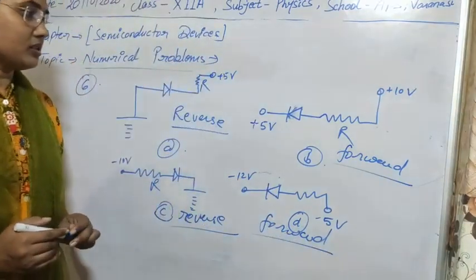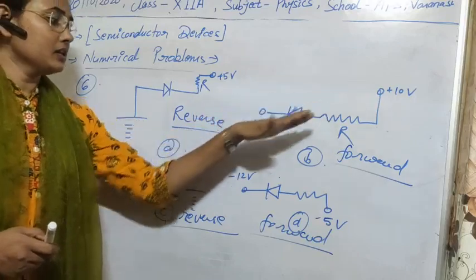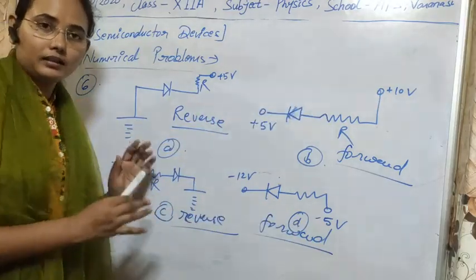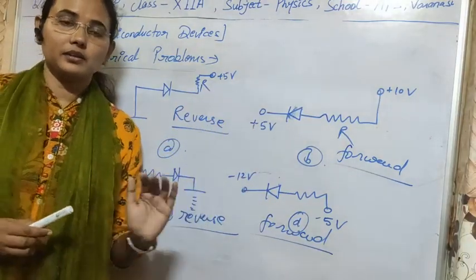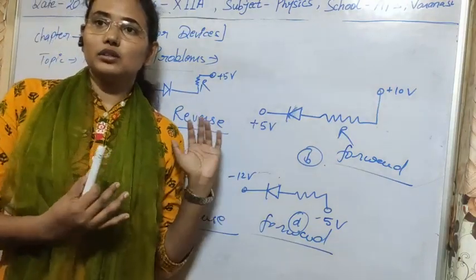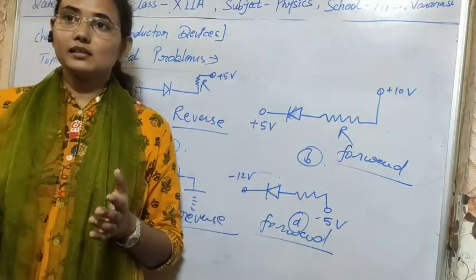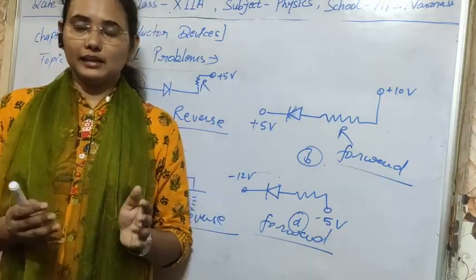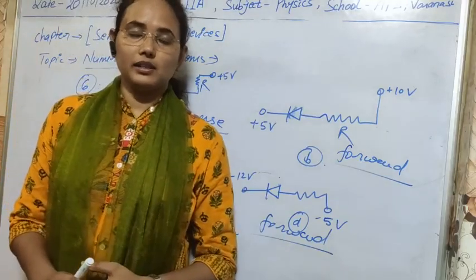So this is the process to detect whether the diodes are in forward or reverse bias if we have such types of voltages. Don't be confused in these problems. I think from all these problems and examples that it is clear to you. I have explained the numericals regarding these topics, not all the numericals, but at least enough for practice. So guys, practice and solve the numericals. Let's end the class here today. Thank you.